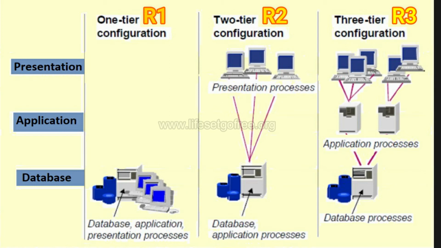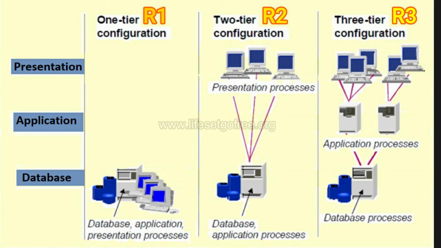See, now we will see R1, R2, R3. If I say SAP R3 architecture, that means R stands for real time and the number beside this R, 1, 2 or 3, represents the tier architecture. How many tiers are there? Like R1, R2, R3. If it is R1, it is 1 tier architecture. If it is R2, it is 2 tier, and if it is 3, it is 3 tier architecture. Presently we are using R3 architecture.